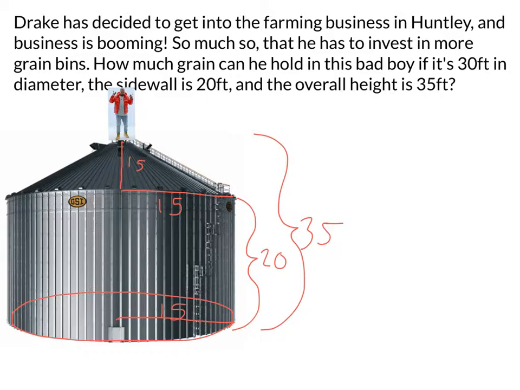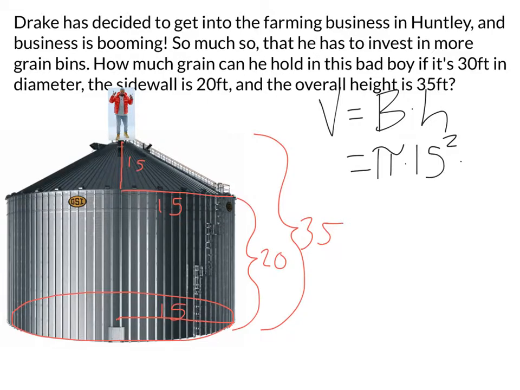Well, let's start with the cylinder, the cylinder part of that grain bin. What was my formula for my cylinder? Oh yeah, volume is big B times my height. Well, what's my area of the base, the big B? Well, it's pi r squared. Pi times 15 squared, and then my height is 20. So 15 squared is 225 times 20. That gives me